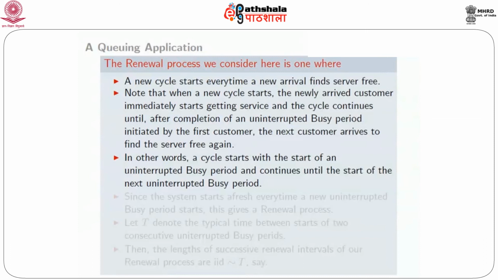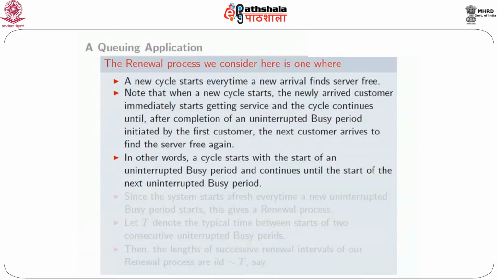So the cycle includes and starts with the start of an uninterrupted busy period, and it does not end with the end of the uninterrupted busy period. That's important to remember. It ends only when the next uninterrupted busy period starts,